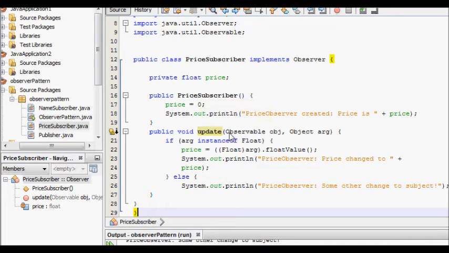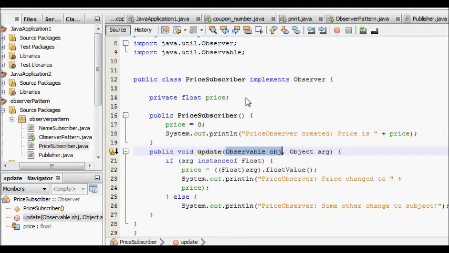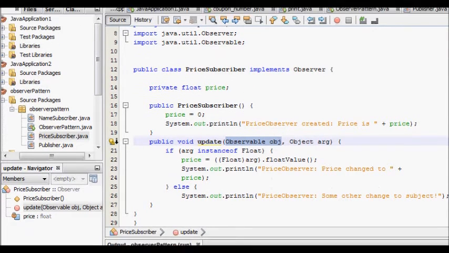So update has got one observable class, from which class you are observing, and then the object, what you are getting.